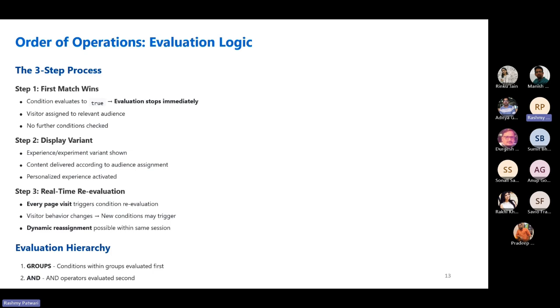As soon as the condition evaluates, the next step is to display the variant in the XM Cloud case, or to do any of the other things we can when we use it on web and interactive experiences using the personalization product, like audience gating or filtering out an audience.